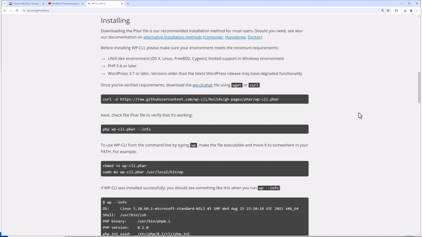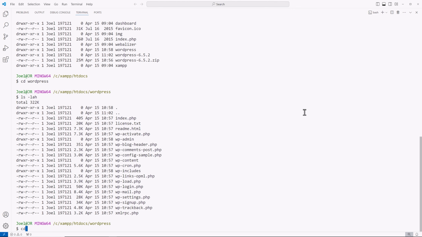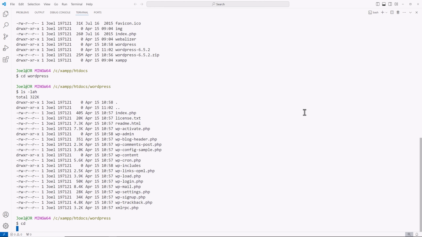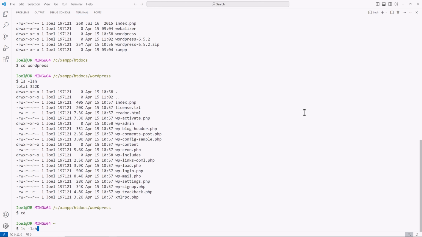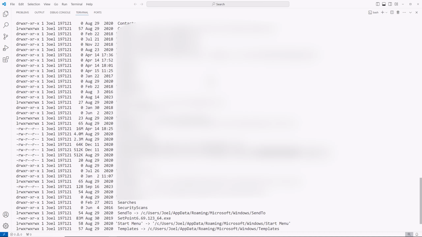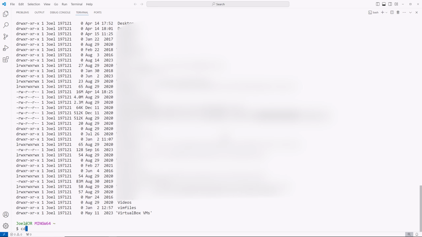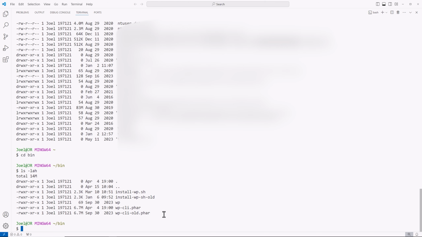Now what I'm going to do is go into VS Code. I'll type out cd for change directory and hit enter. Then I'll hit ls -leh, and you see I have the bin folder there. So now I'm going to go into the bin folder. cd space bin. You see I have a couple of files here. I have the wp-cli.phar file. Then I have a wp file right here. Then I have